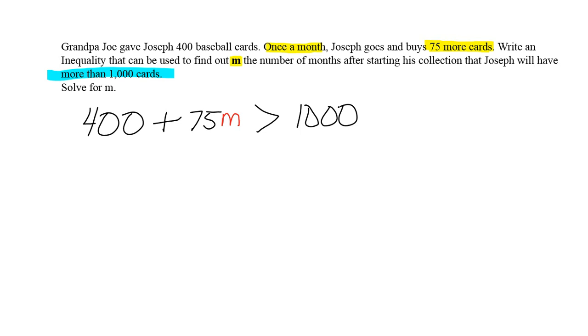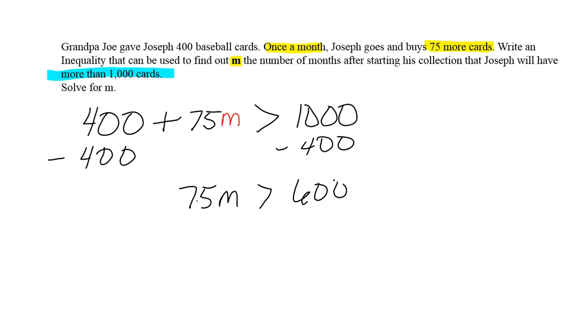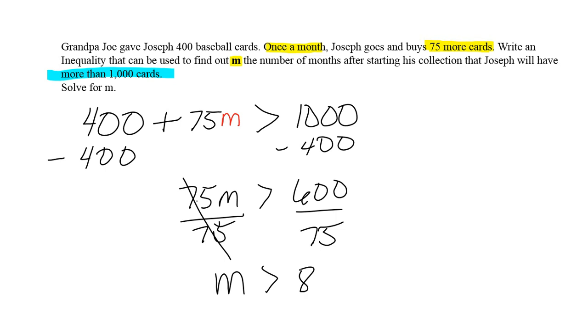Now solving for m, we're just finding the solution set like we did in the last video. I'm going to subtract 400 minus 400. I get 75m is greater than 600. So I'm going to divide both sides by 75. You may have to work this out by hand, but here I get m is greater than 8. Okay, so after 8 months, Joseph would have more than 1,000